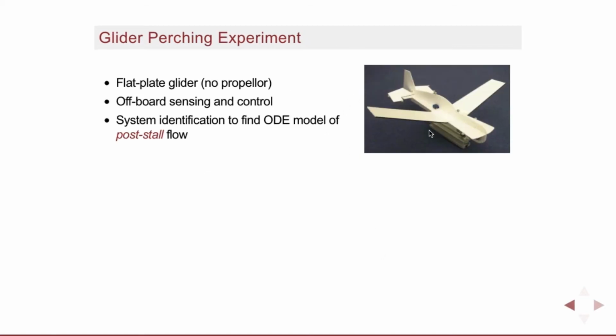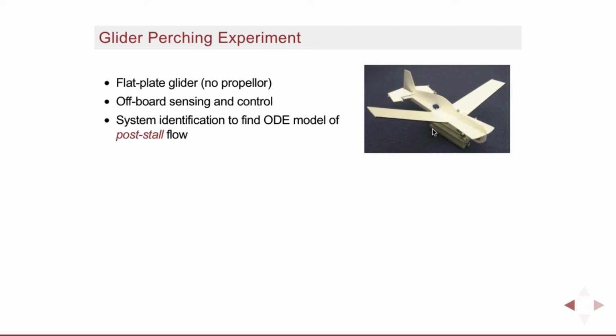So here's the experiment. We've got a flat plate glider. There's no propeller. Turns out if you want to stop, you don't actually need a propeller, and propellers add extra complexity to the fluid dynamics, so we kept it out to make sure we understood everything. It's an exercise in building the simplest possible plane to help us study the experiment. So continuing that theme, we kept the computers off board. We put motion capture markers on board and put it in a motion capture studio so we could track the plane in real time without having any onboard computation. The only thing on board was a receiver and a hobby servo. There's exactly one actuator, which is the elevator here in the tail.